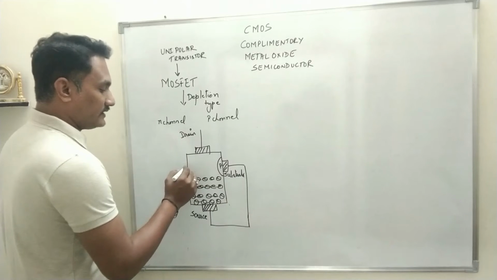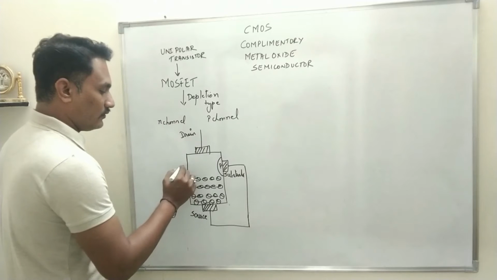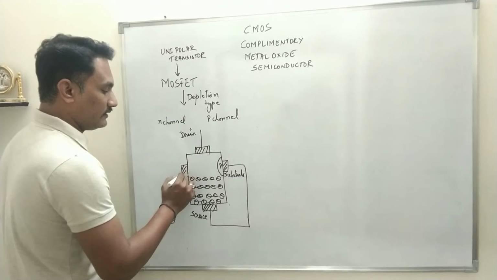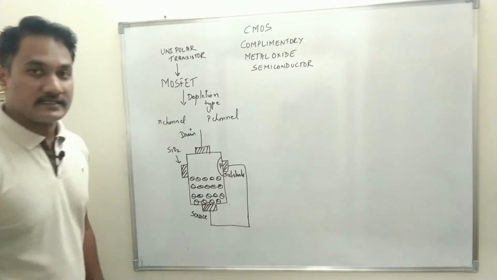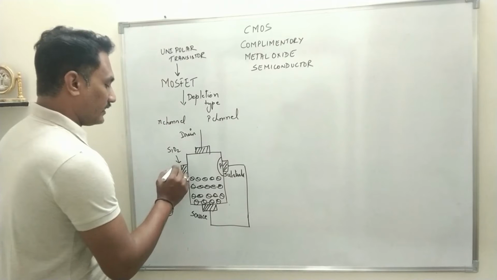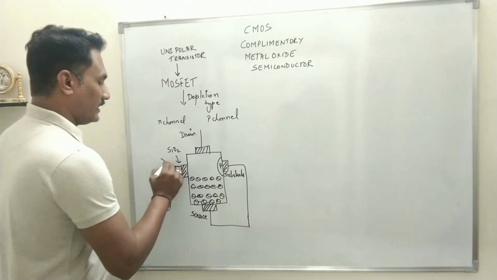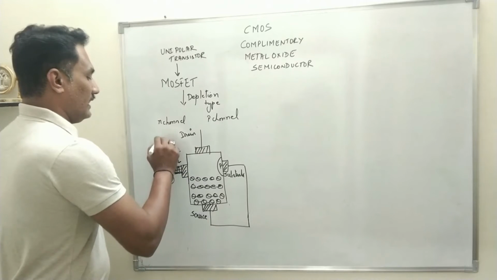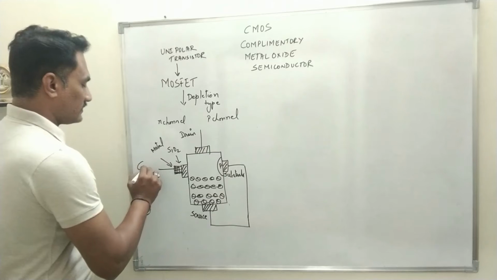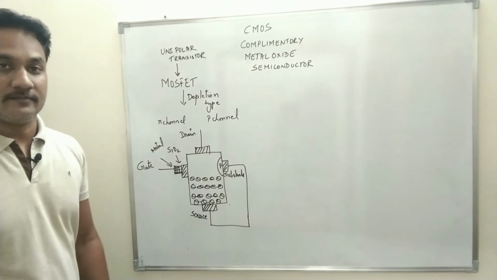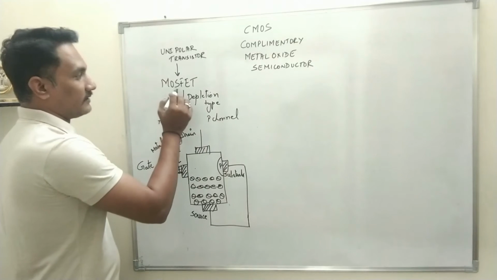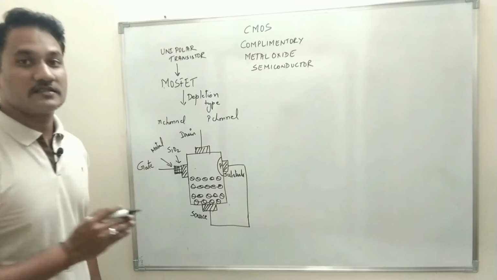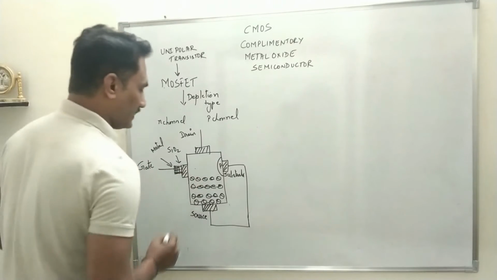On the other side of this is a semiconductor layer. Over the semiconductor layer we put an oxide layer. Generally the oxide layer is SiO2, silicon dioxide, and over that we have a metal deposition, and we take one terminal out of it. This terminal is called the gate. So this is metal, this is oxide, and this is semiconductor: metal oxide semiconductor, MOSFET. That is how the name has been derived.